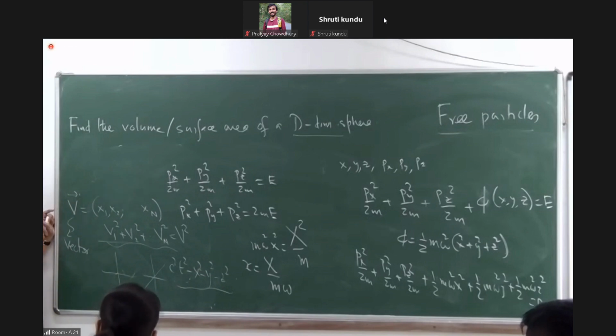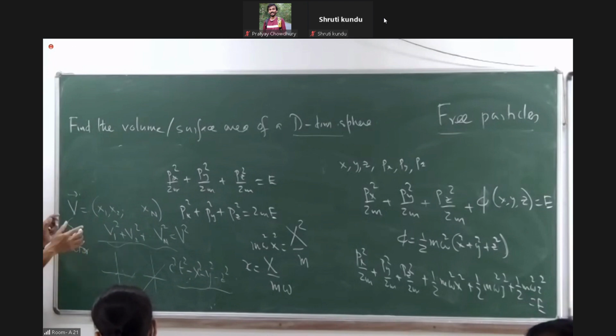The space was four-dimensional x, y, z, and t, and the thing which was constant was not a sphere but lived on a hyperbola. Over here, there is no question of time, so there is no question of change in the signature,